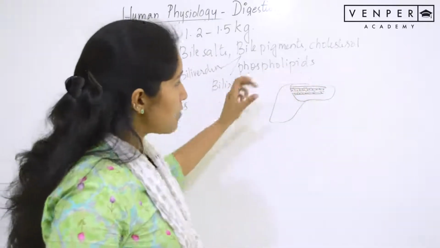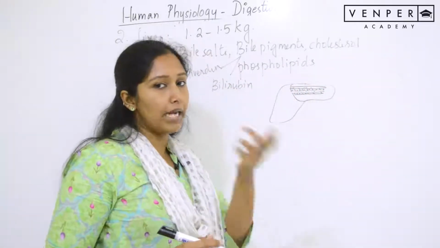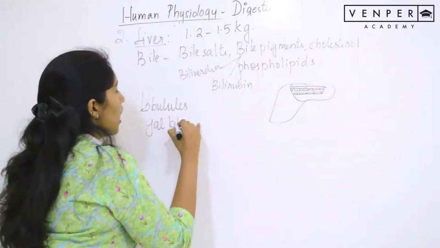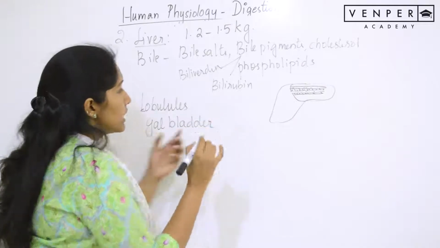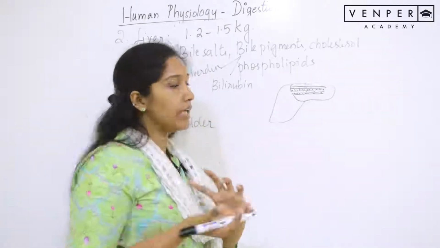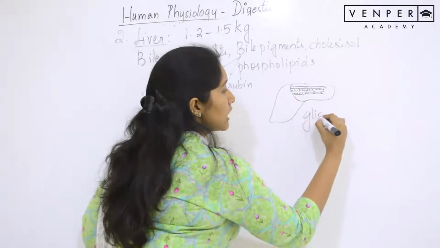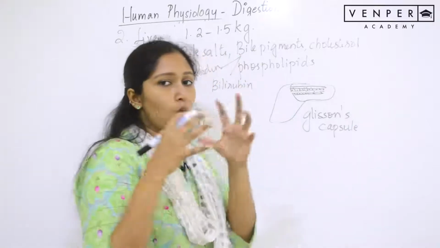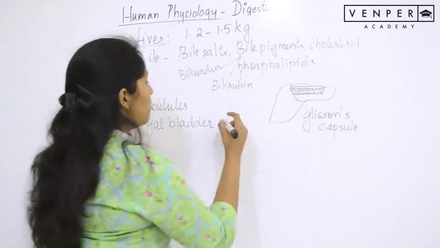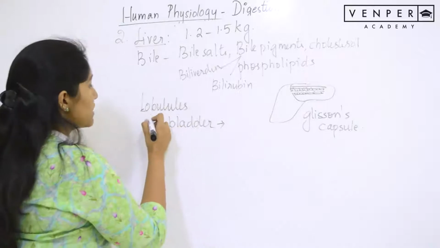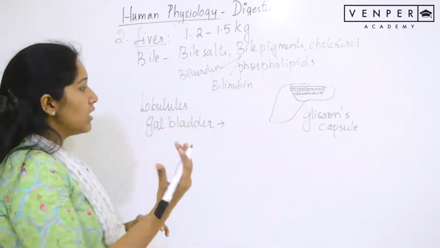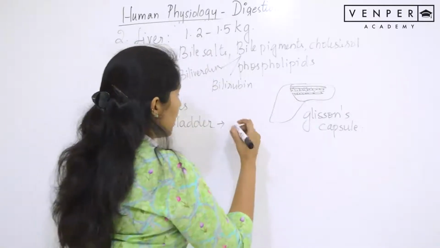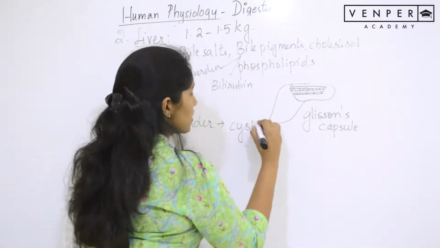Okay, and all this bile is carried through the bile duct, and it is stored in a small pouch-like structure that is called the gall bladder. The lobules are covered by a very thin capsule that is called Glisson's capsule. So it kind of holds everything together in the liver. The gall bladder helps in storage, and then finally when the secretions come out, the duct from the gall bladder is called the cystic duct,